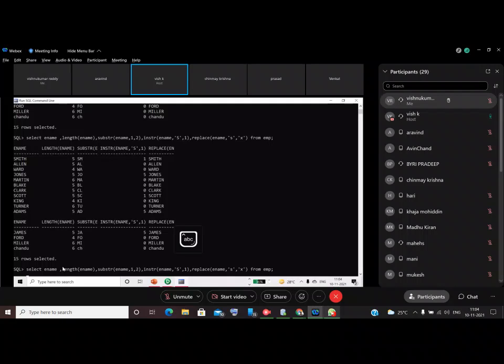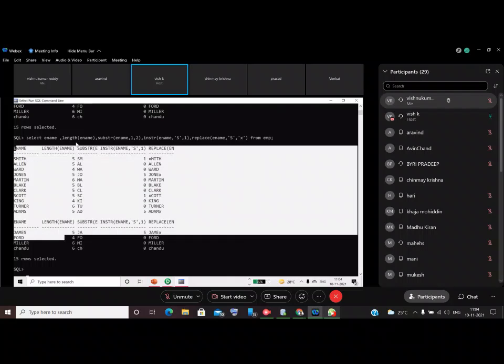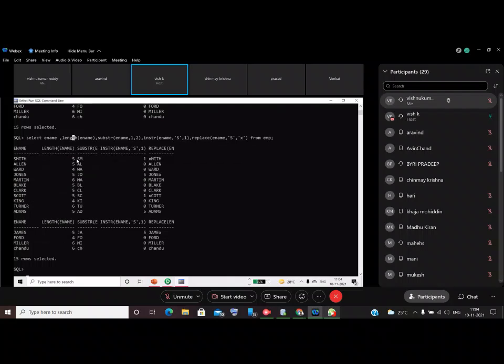So you can see how capital letters matter, the case matters when I'm searching. Now you can see whenever S is there, again small letters all like this, I replace with X, guys. So just I'm repeating again. This ename I'm directly displaying from the employee table, and the length function will display how many characters it occupies.